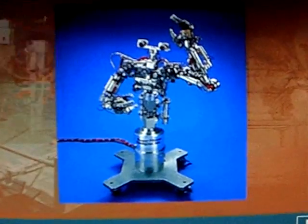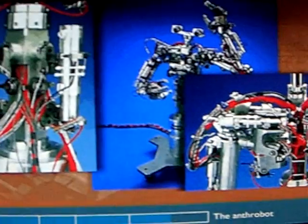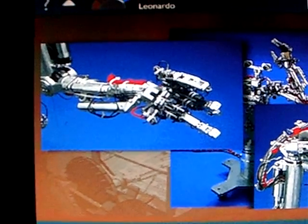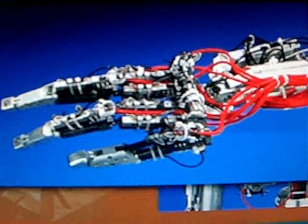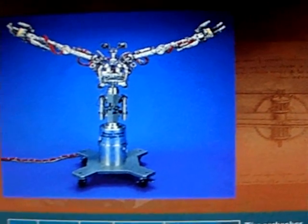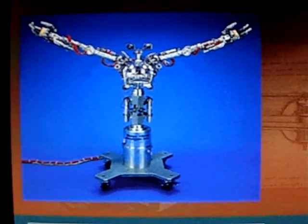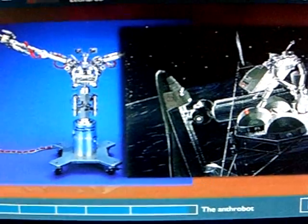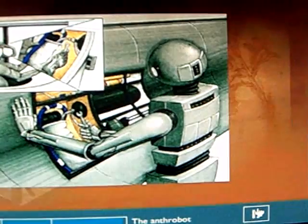A universal joint for the spine, universal joints connected to the clavicle and rotator cuff for the shoulders, gear-driven joints for the elbows, universal joints for the wrists, and ball and socket knuckles and opposable thumbs for the multi-jointed hands. Rosheim's work has culminated in the electric 43-axis robotic surrogate built for NASA Johnson Space Center and intended to service space station Freedom. Thus, Leonardo's vision reaches beyond the confines of our planet to explore